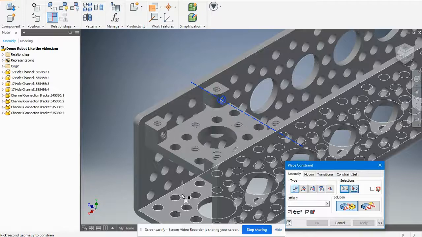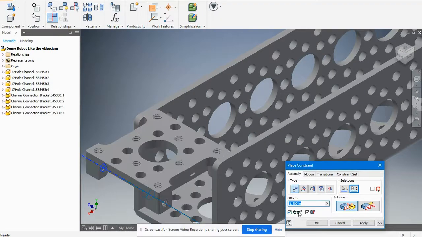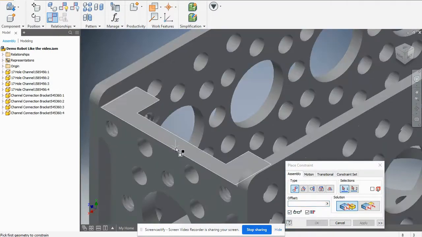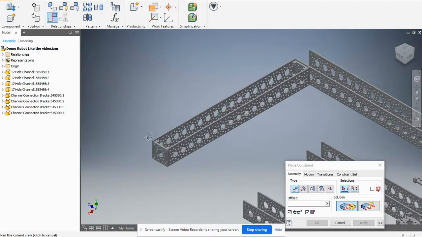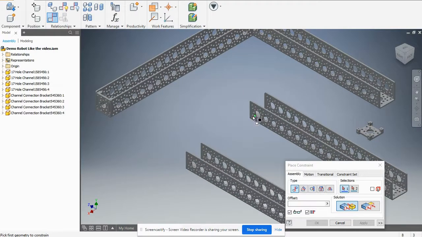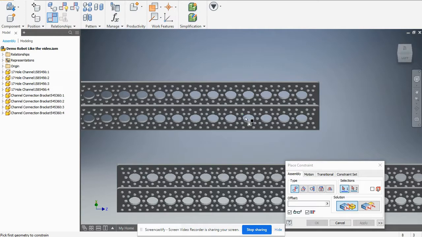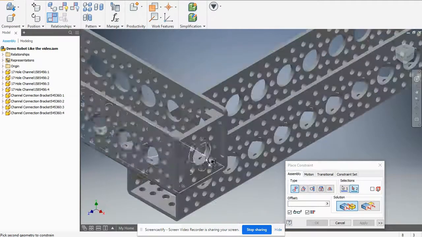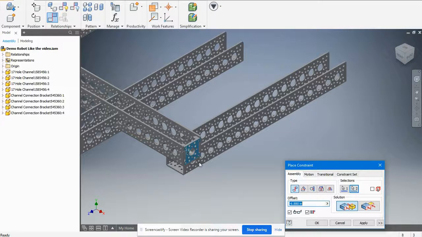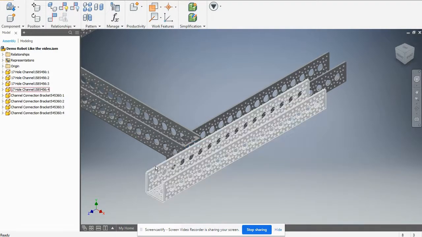Set it to 0. And then to move it down, just click there, and hit 0. And that'll be perfectly aligned. You don't have to do anything with the ends because that's aligned by the design from the robot parts company. Then we're going to stick the other side frame channel piece to that. And you know what? Didn't want to be 0 this time, so we're going to hit